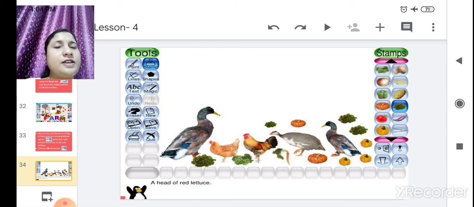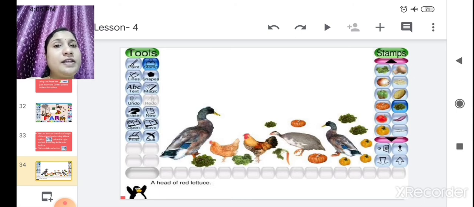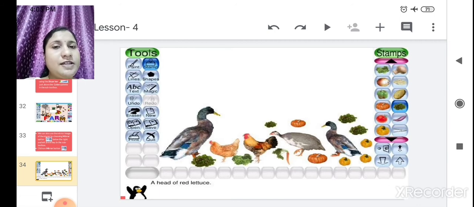stamp tools. And if you want to see more images, a left and right arrow is given there. And also if you want to increase the size of the stamp, a slope bar is there. Then we have seen how this mirror option is used in a stamp: if you want to make a mirror image of any stamp, by clicking on this mirror option you can make it. Till this you have understood?